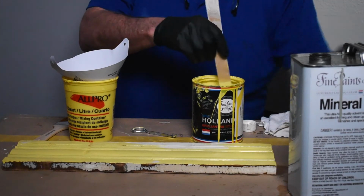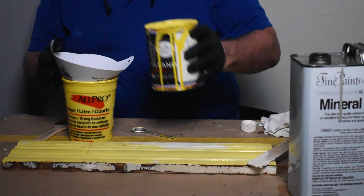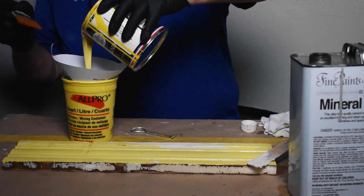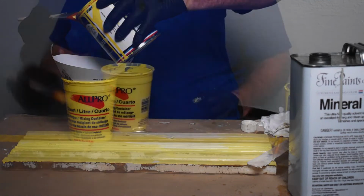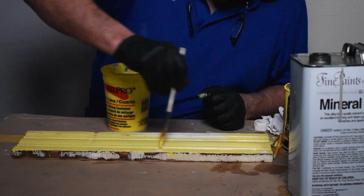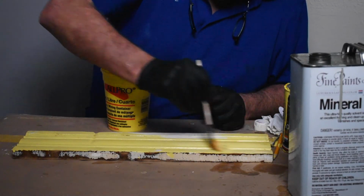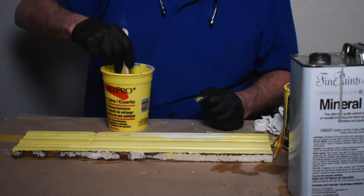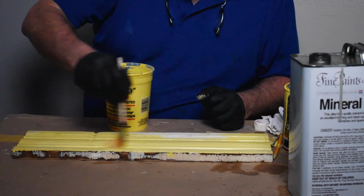Okay, so you put it in the pot, you stir it up, and then you filter that into another clean pot. Put a rag over that, or a cover, so that you can protect it, and you're ready to go. You go into your area of painting, and you start the application procedure, and try to put nice thin coats, very even, not heavy, and lay it down. You're all set. So after the first coat has been applied and sufficiently dry, 24 hours definitely, 48 hours even better,